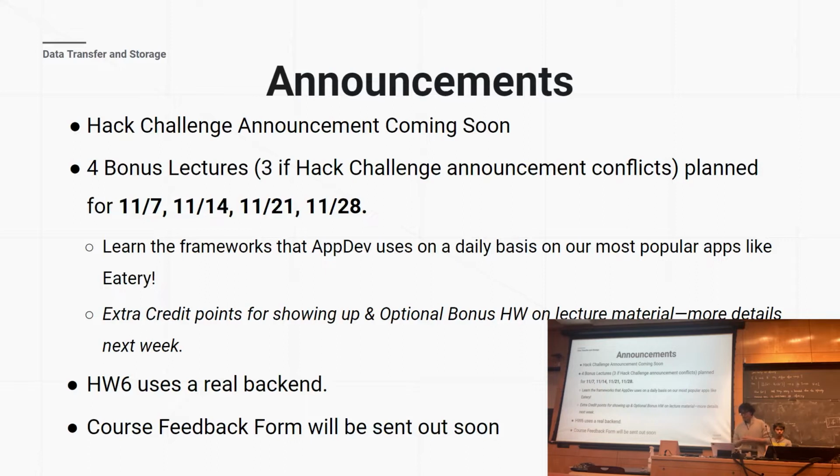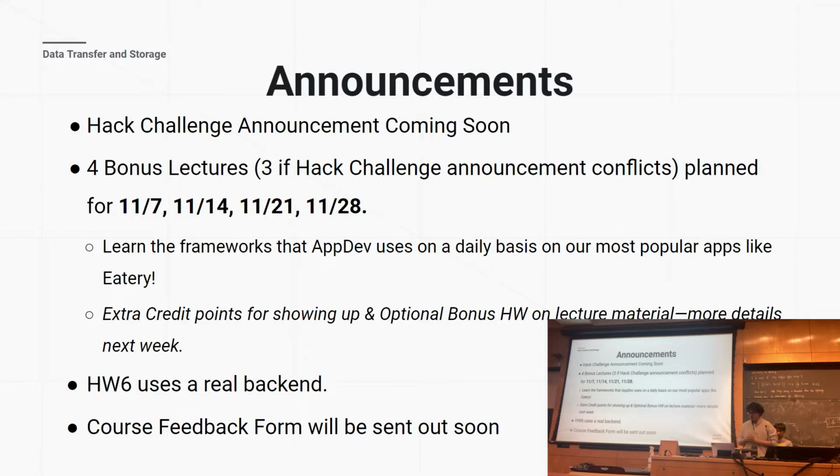For the bonus lectures, we'll start the following week with Jetpack Compose. It is a newer and shinier framework for Android development that Aptiv has slowly rolled out onto a majority of our apps. We have slowly transitioned almost all of our apps into using Jetpack Compose due to the fact that it is a lot easier, as well as the fact that it fixes a lot of the issues that have previously plagued Android development or Android Studio. So hopefully you guys come.